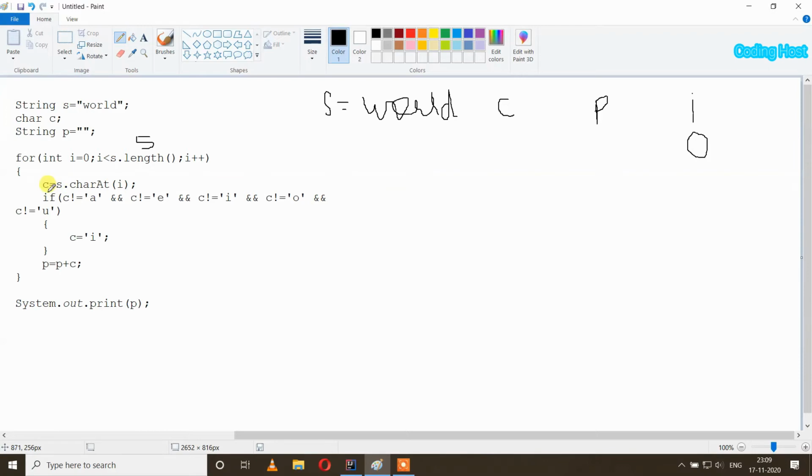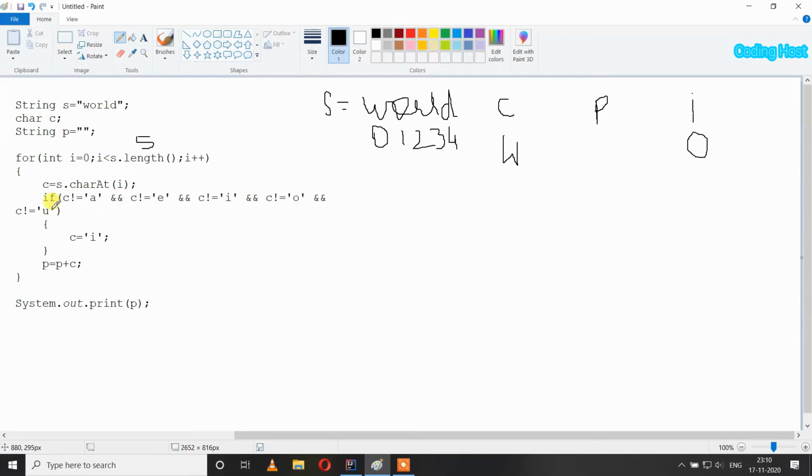So in this char variable c we are taking the character of this string s at index i. The index of a string starts from 0. So here 0, then 1, 2, 3, and 4. So at index 0 we have w, so this w will be stored in the char variable c. So now this char variable c has w inside it.